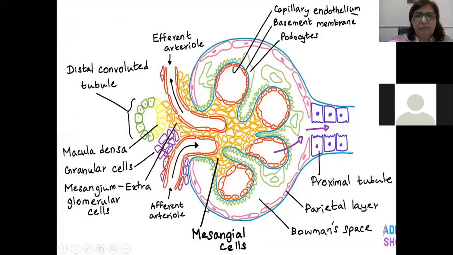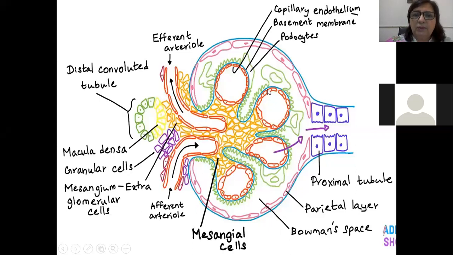This diagram I'm going to explain to you in a bit of detail. When the afferent arteriole enters the glomerulus, it divides into a tuft of capillaries. What is a glomerulus? It is a tuft of capillaries, and it has got a mesangium inside. Mesangium is with the mesangial cells. This is mesangium with a mesangial cell. Now the structure of this is very important because in your glomerular diseases, this is the area which is affected, leading to glomerulonephritis of different kinds.